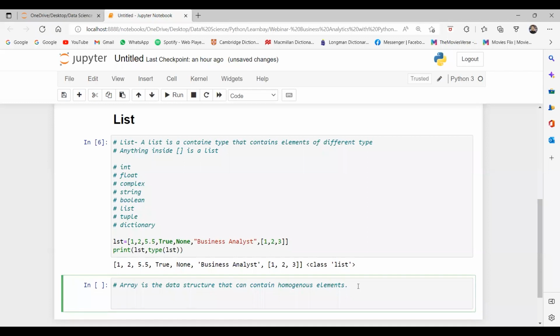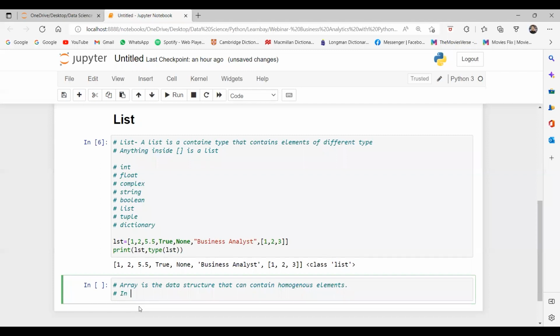So now the thing is, if we can have a list with different kinds of data types, then why do we need to work on the same data type, the homogeneous elements? The answer is a list is a bit slow, but arrays are faster. So for faster memory, faster functionality and operations, we use arrays instead of lists. Now an array is a collection of homogeneous elements.